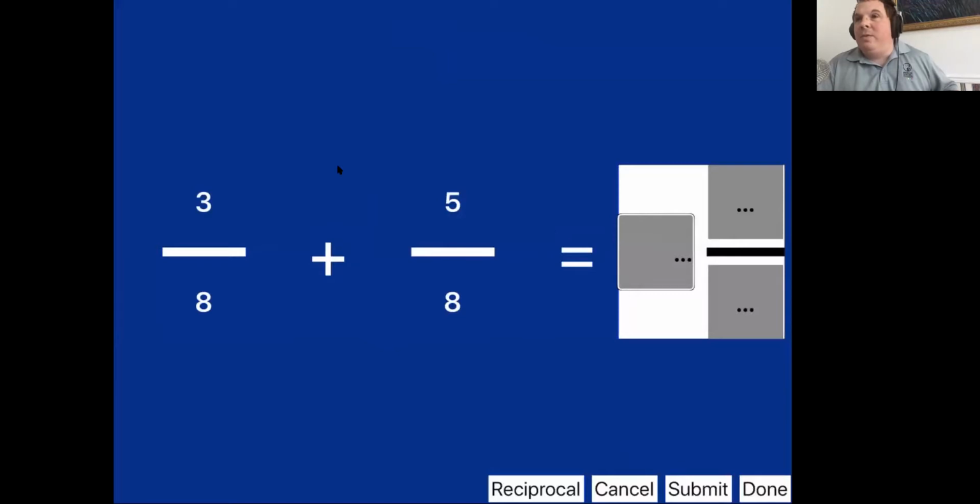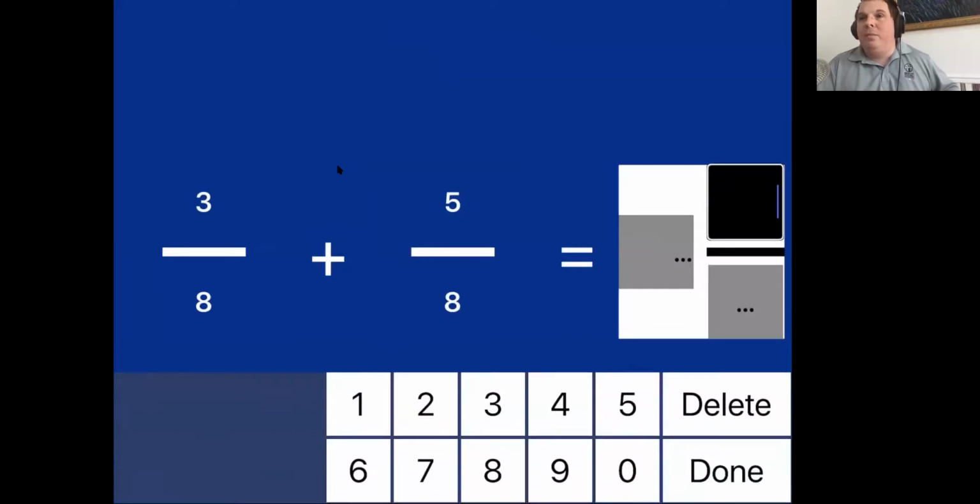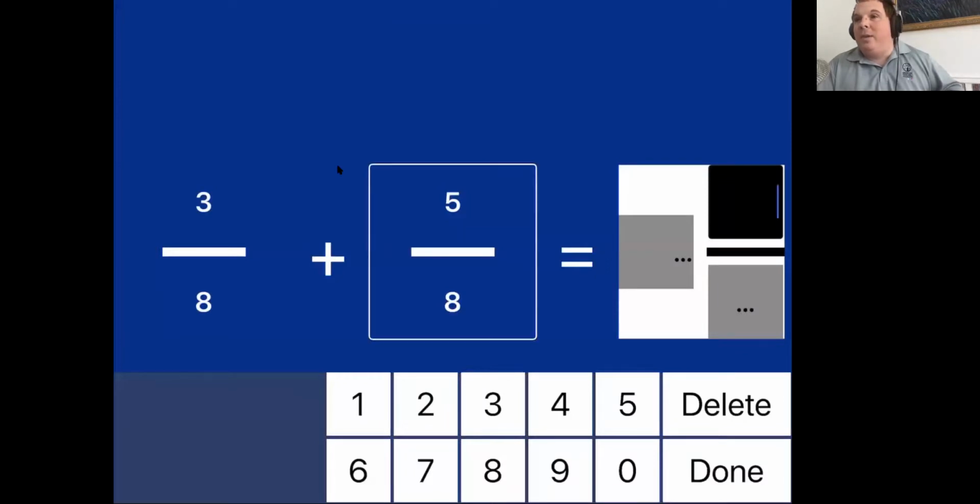So now we get to the first blank. We see whole number. Tap to edit. There's no whole number here. Blank. Numerator. Button. All right, so we've got a numerator. Tap to edit. So I'm going to double tap. Text field. And let's just say I forgot the problem. I've already double tapped on the numerator. I can touch above the numpad. So it's the same thing that we had in the MathRobot.